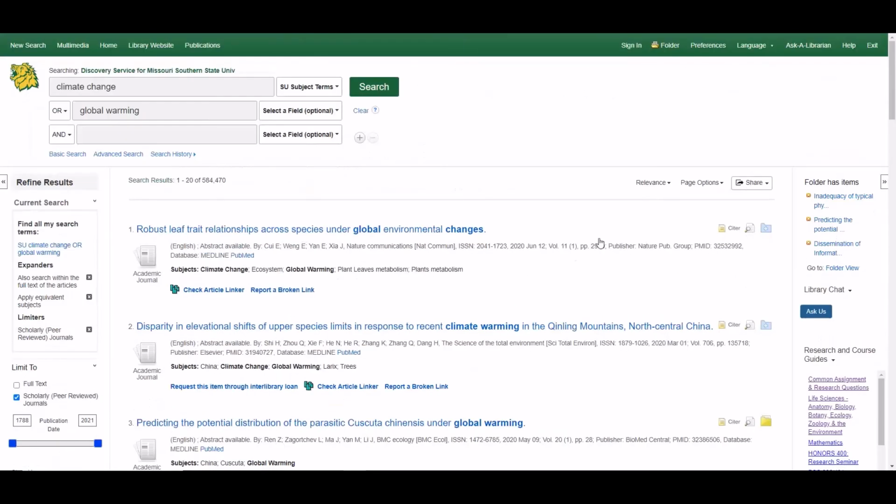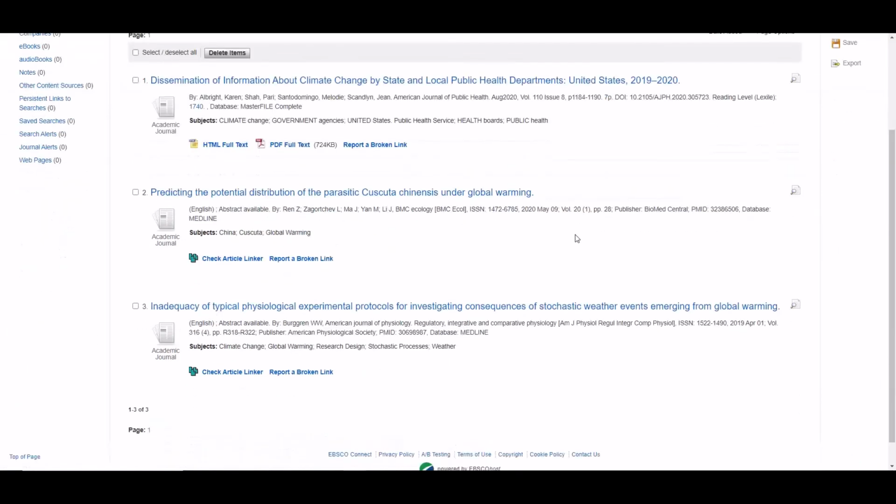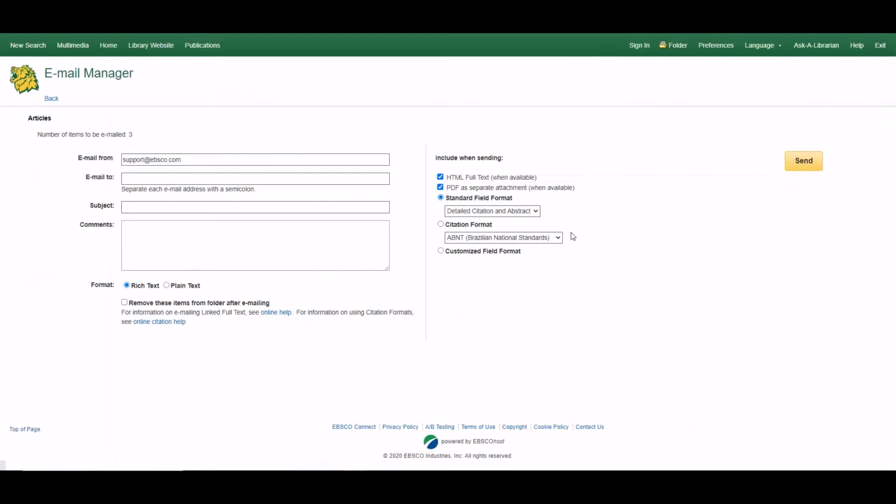So now at the top, I have these articles saved. So now I can email these to myself, and I can choose my citation format. So if I'm using APA, for example,